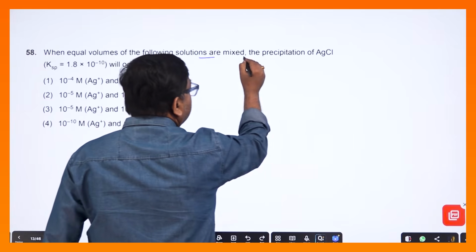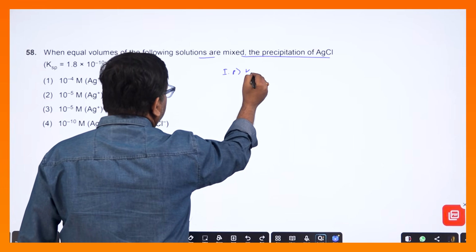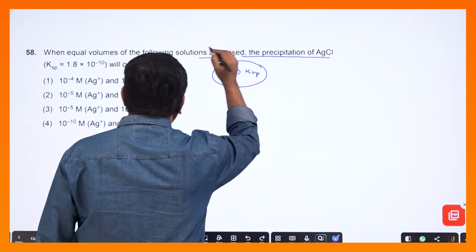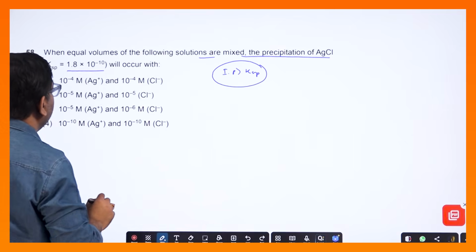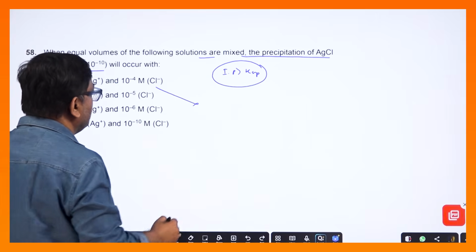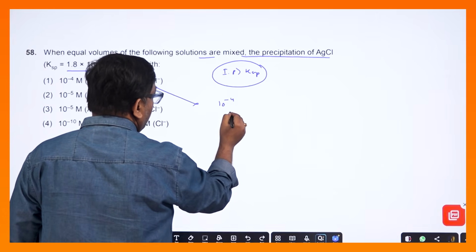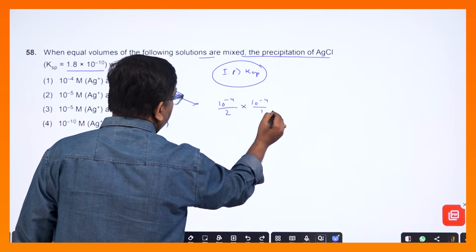নেক্সট আসছে কোশ্চেন নাম্বার 13। ওই ইকুয়াল ভলিউম অফ দ্য সলিউশন আর মিক্সড, প্রিসিপিটেট হওয়ার জন্য কি হয়, আয়নিক প্রোডাক্ট মাস্ট বি গ্রেটার দ্যান Ksp হলে প্রিসিপিটেশন করবে। তাহলে এখানে দেখো এই ভ্যালুটা দিয়ে দিয়েছে, Ksp অফ AgCl একটা ভ্যালু দিয়ে দিয়েছে, এটার ক্ষেত্রে চেক করে দেখি হচ্ছে কিনা। এটা যদি চেক করি দেখো তাহলে 10⁻⁴ ইকুয়াল ভলিউম বলেছে, বাই 2 করবো, ইন্টু 10⁻⁴/2,